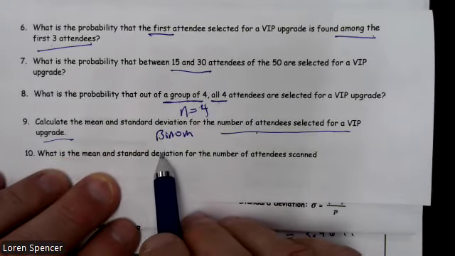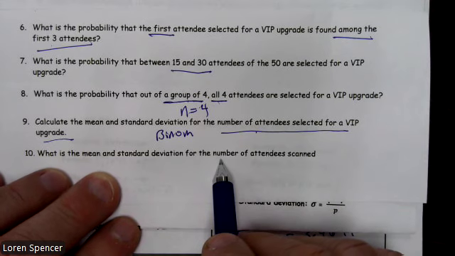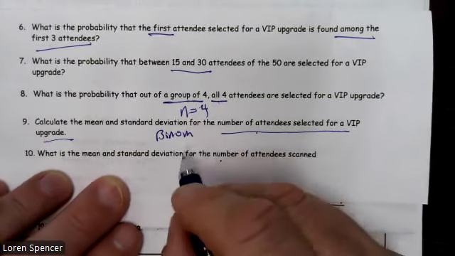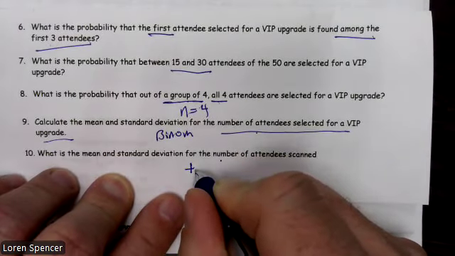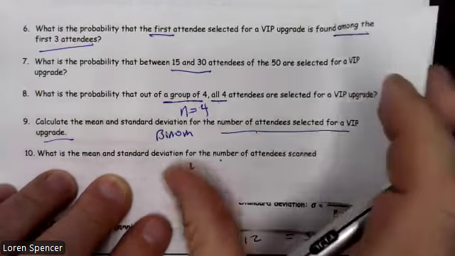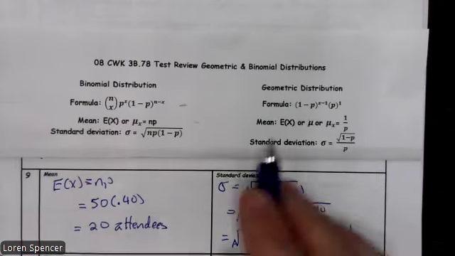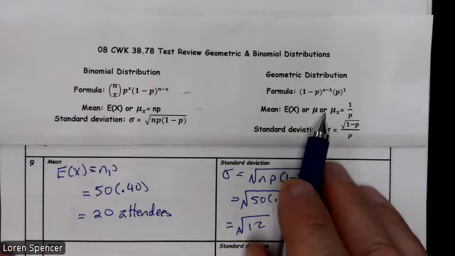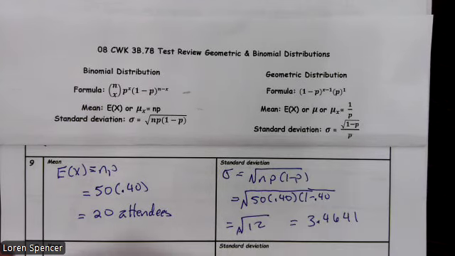What is the mean and standard deviation to find the first attendee? All right. So let's put to find the first. This is wrong. I'm going to have to make that change, but this is supposed to be a geometric. So it's supposed to say the first. It's written as a binomial. And if we use the geometric,